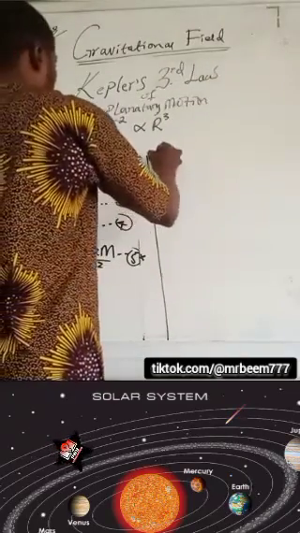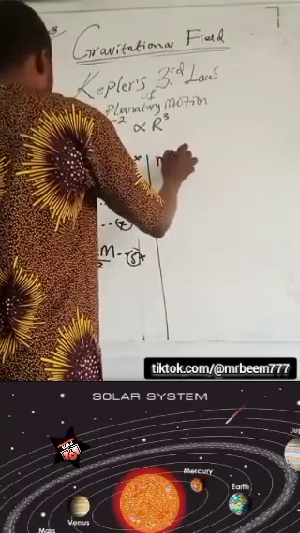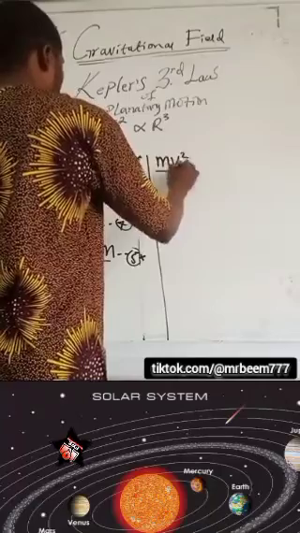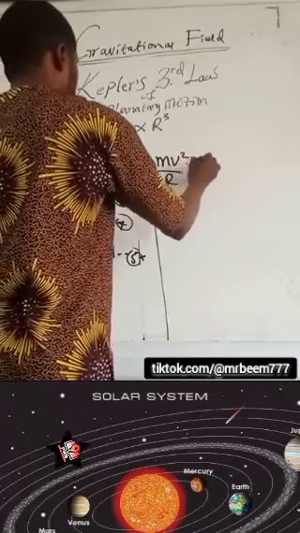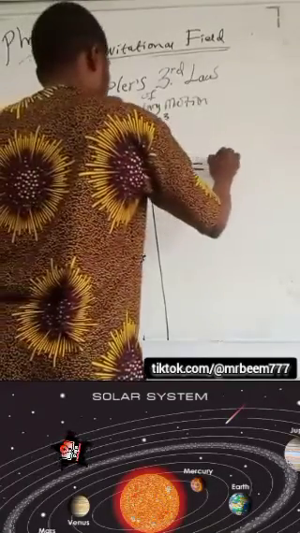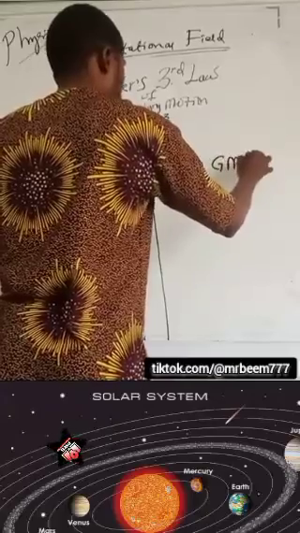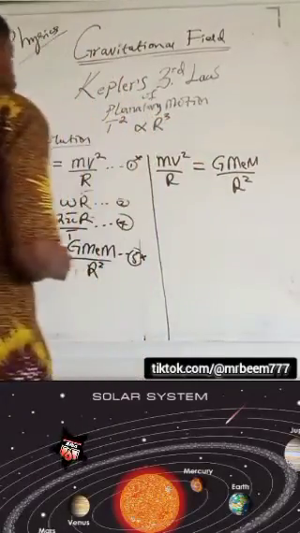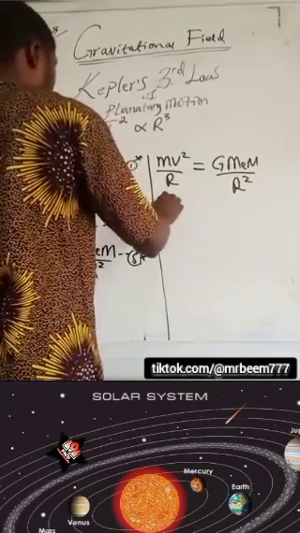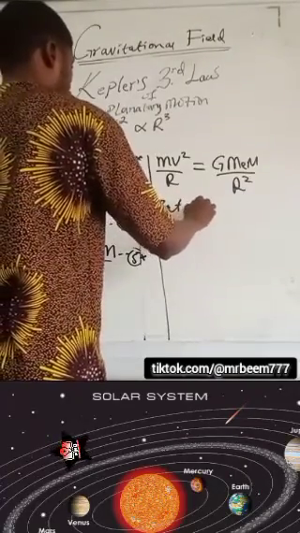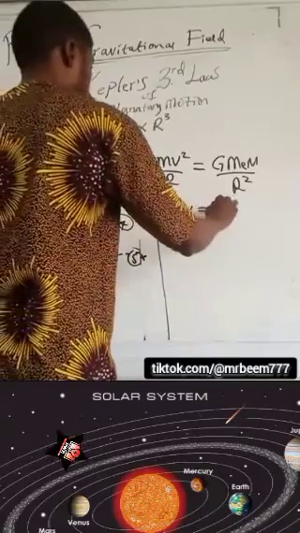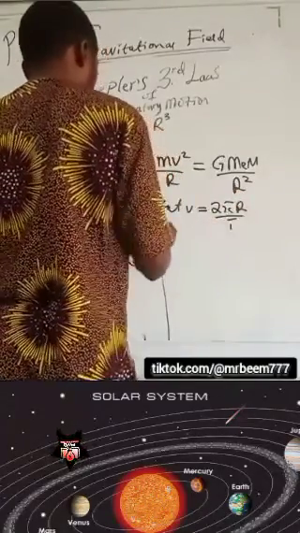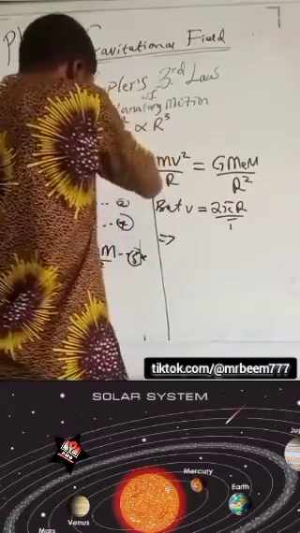So we have mv squared over r is equal to what? Is equal to G M E over what? R squared. Yes, but v is going to be what? 2 pi r over T. So this implies that